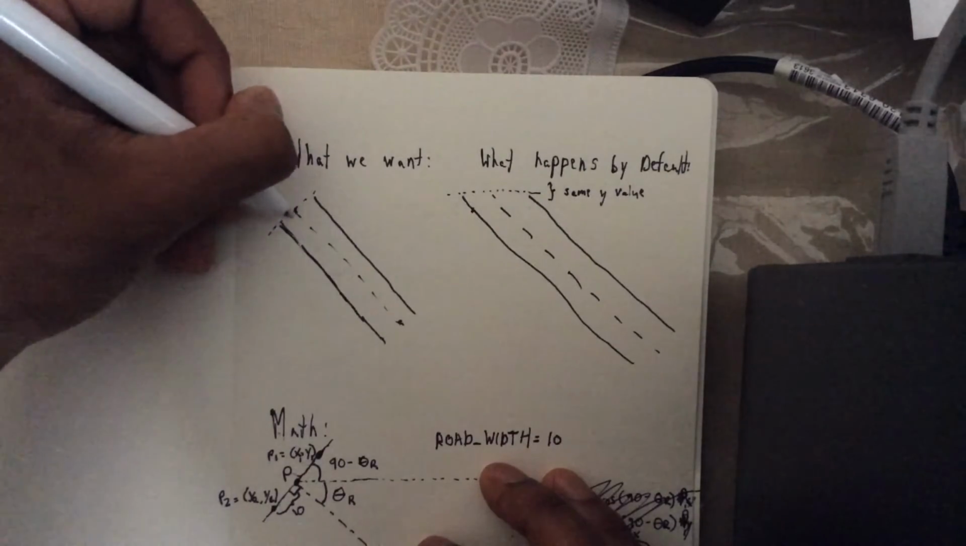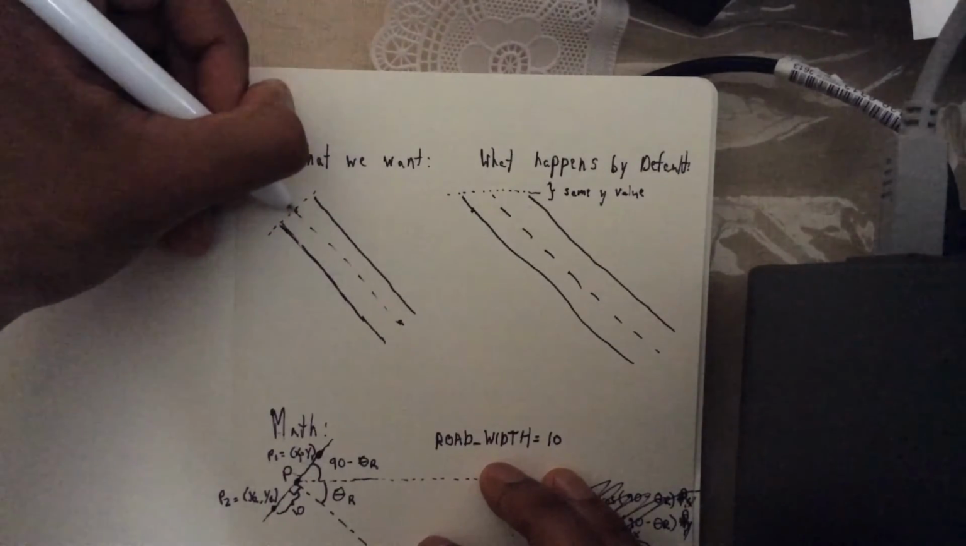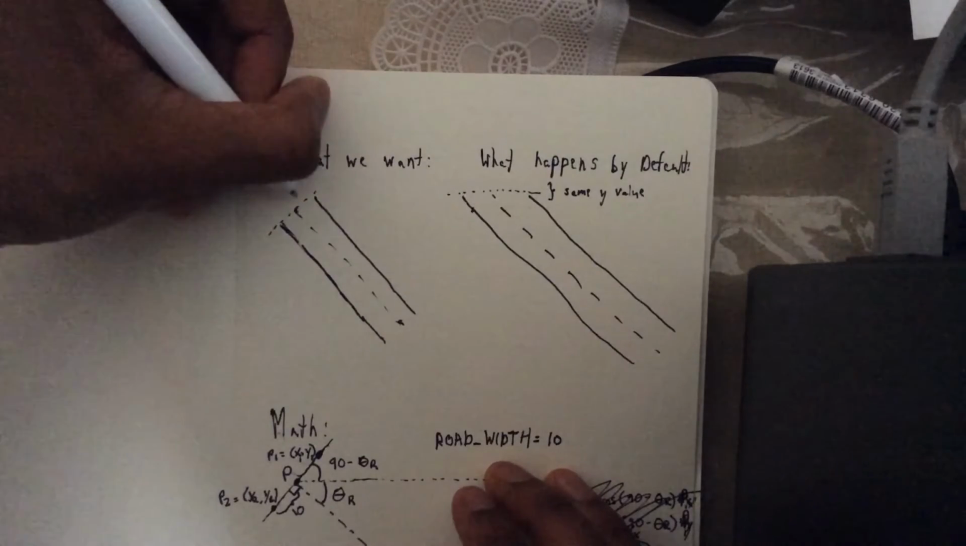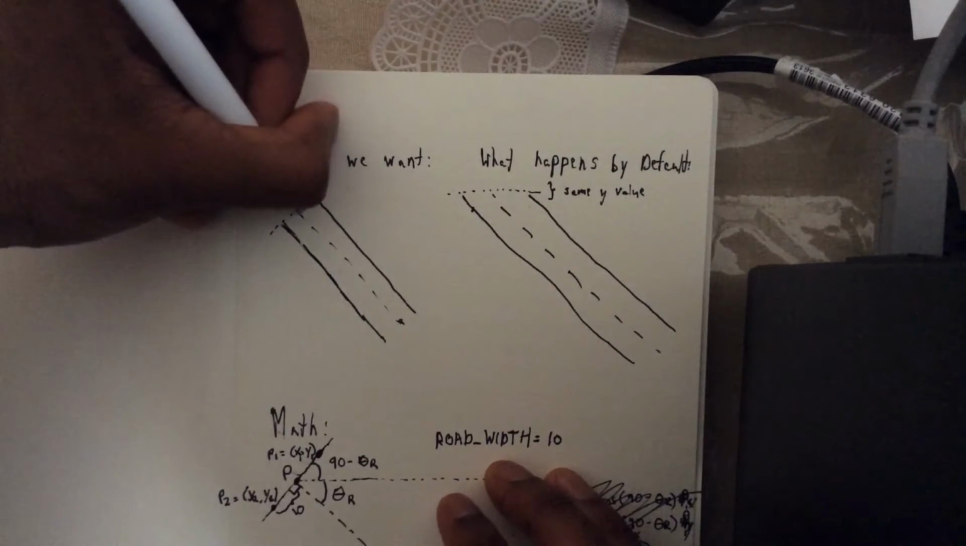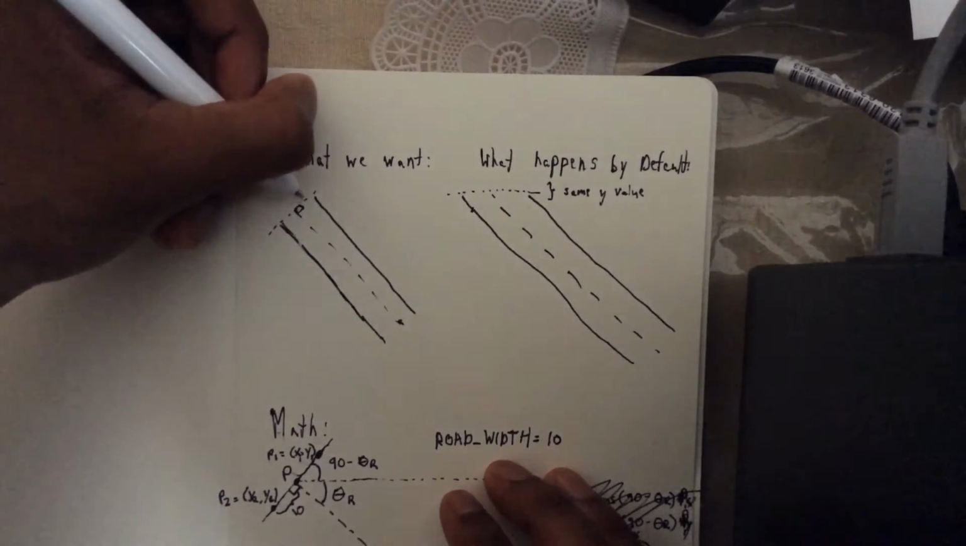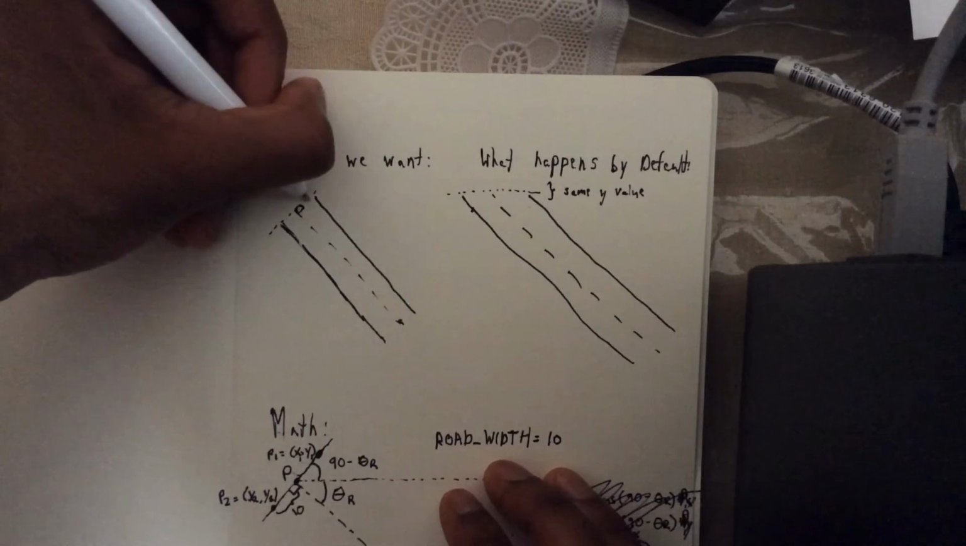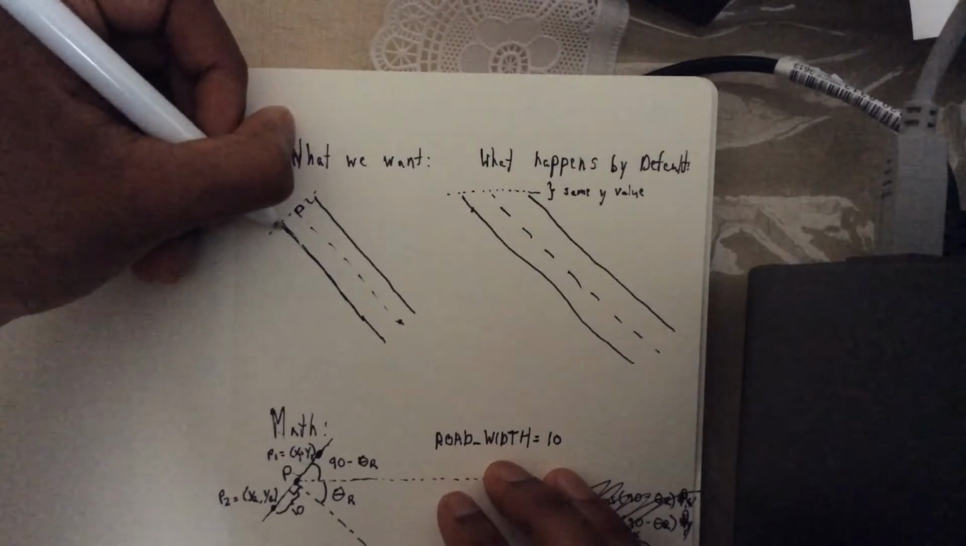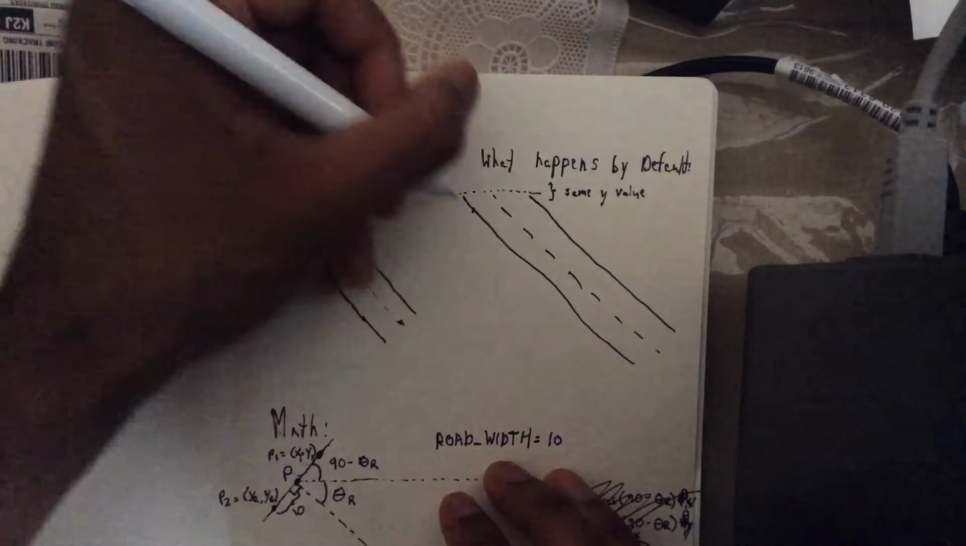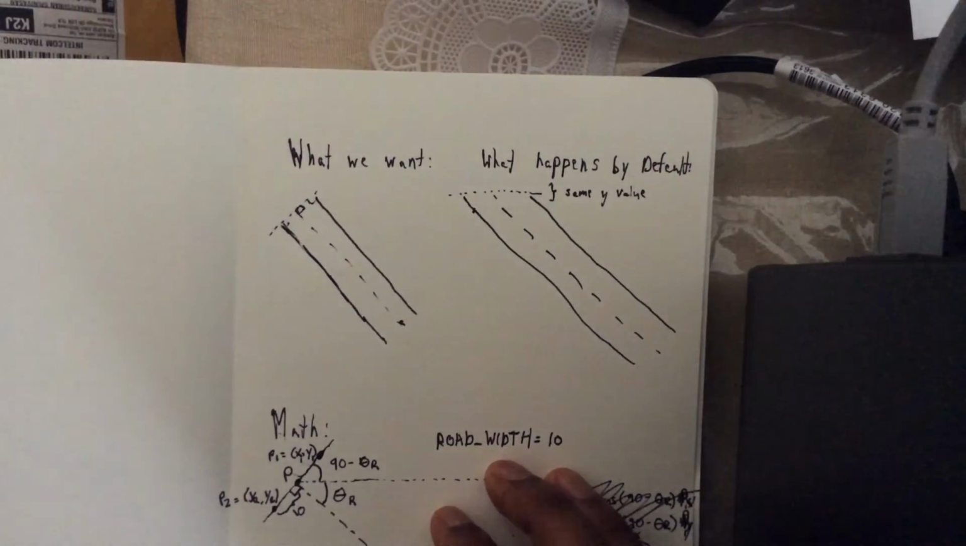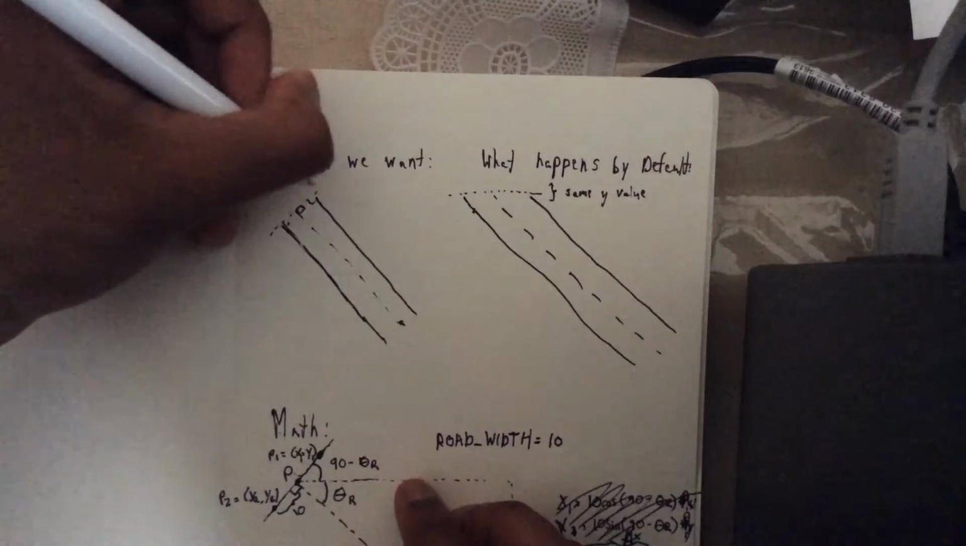Basically, this should make a 90-degree angle with the center road, and all of them should make 90-degree angles here. And so figuring out what point this starts at